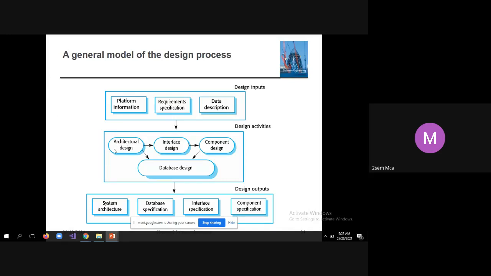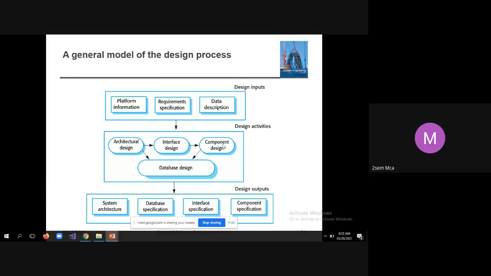Architecture design contains the subsystems and their interaction. Then interface design, which also includes graphical user interface design and mockups. Mockups are one of the design documents. Students, you can Google mockups and graphical user interfaces.